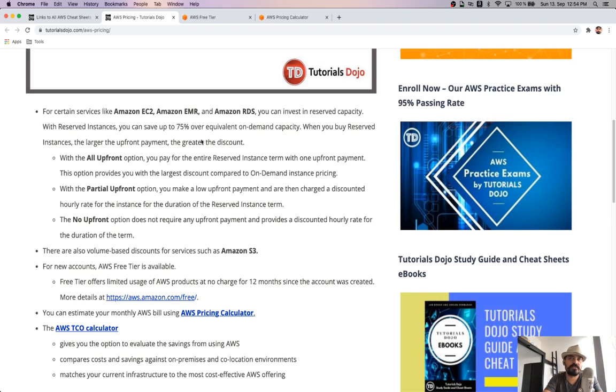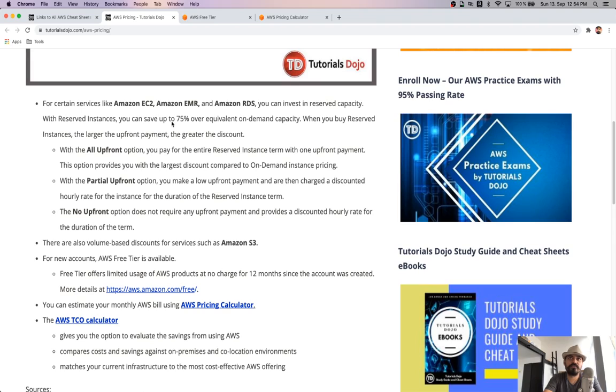Similarly, there are reserved instances, where you reserve a particular instance or hardware for a minimum of 1 year, 2 years, or 3 years. And you pay a certain amount upfront. It depends. The more upfront you pay, or the longer you reserve an instance, the more discount you get, and you also get discounted hourly rates. It comes to approximately 75% cost saving if you go with a reserved instance rather than getting a resource on demand.